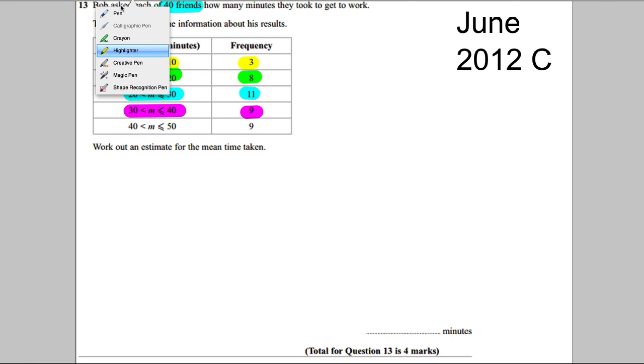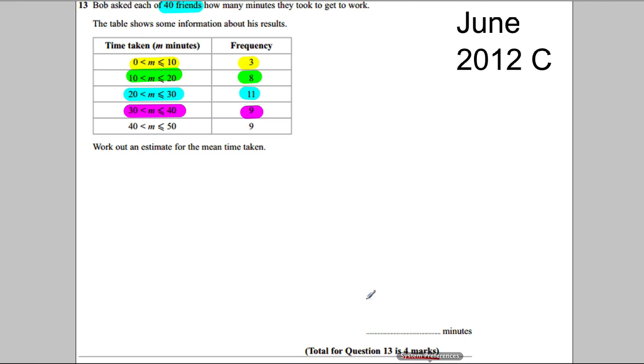Work out, and this is for 4 marks, an estimate for the mean. So this was the third one I showed you, the hardest one. Do you remember what we had to do? We had to have a column called the midpoint, which was halfway between these. So halfway between 0 and 10 is 5, between 10 and 20 is 15, between 20 and 30 is 25, between 30 and 40 is 35, and between 40 and 50 is 45. Then we had to multiply our frequencies